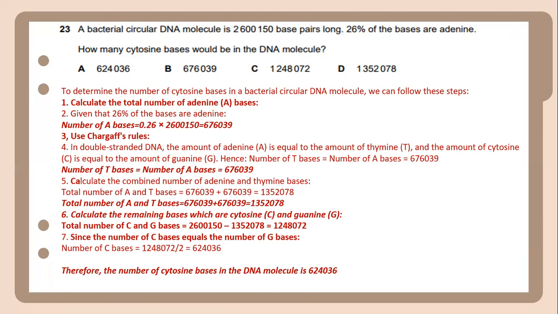First, we have to calculate the total number of adenine (A) bases. Given that 26% of the bases are adenine, the number of A bases is equal to 0.26 multiplied by 2,600,150, and you get the value of